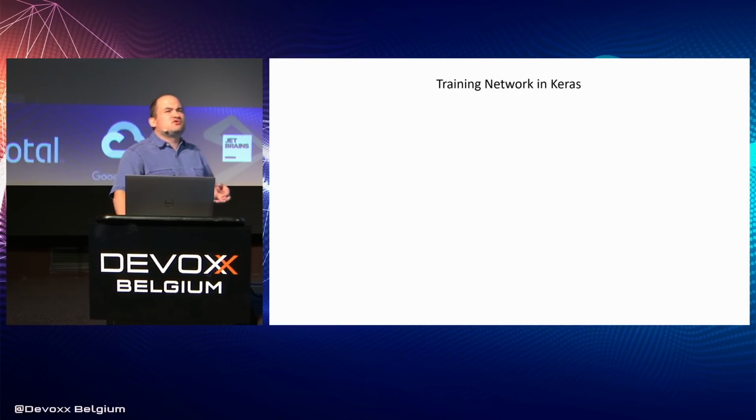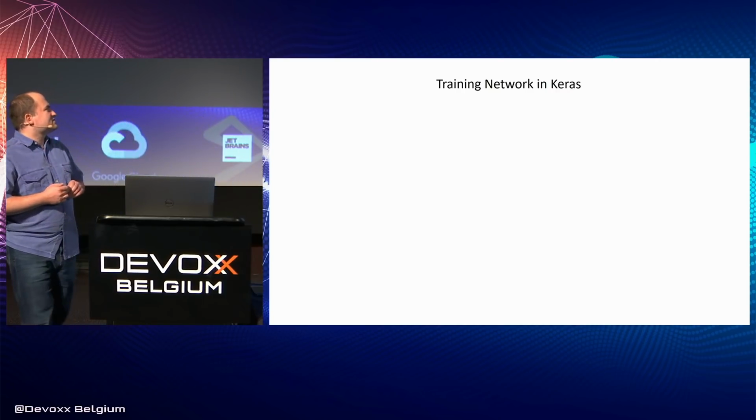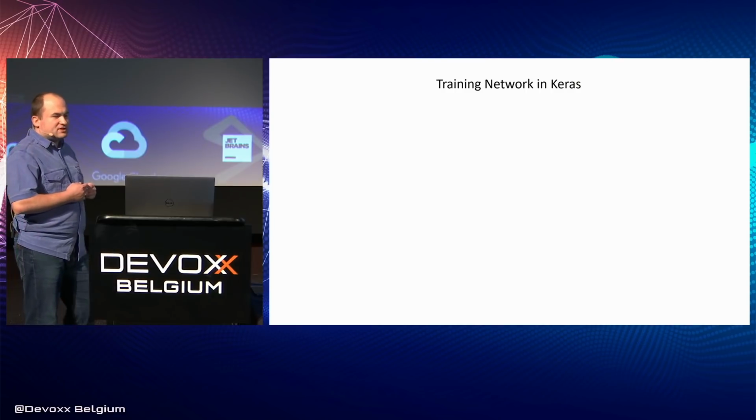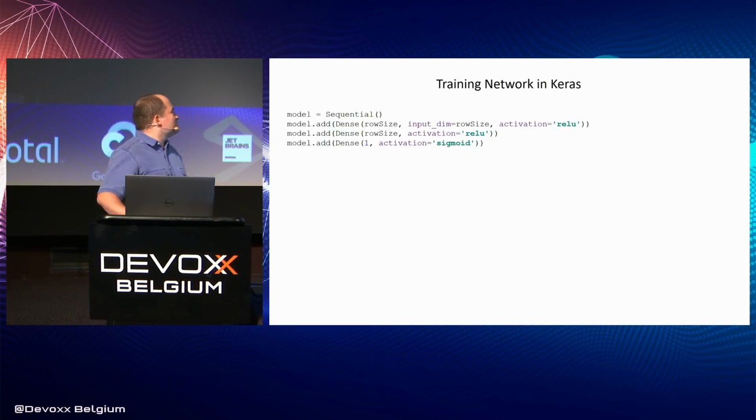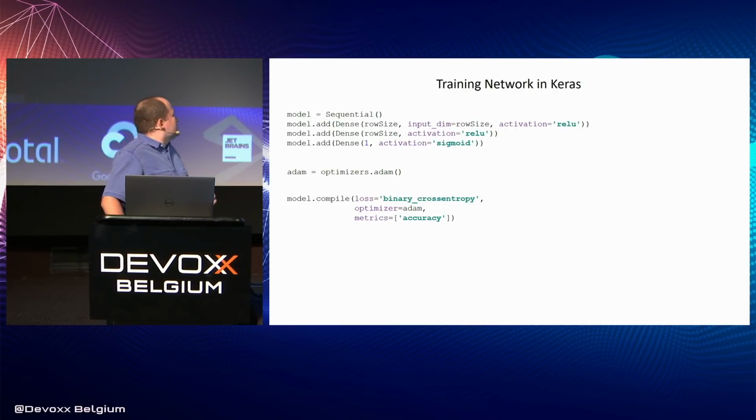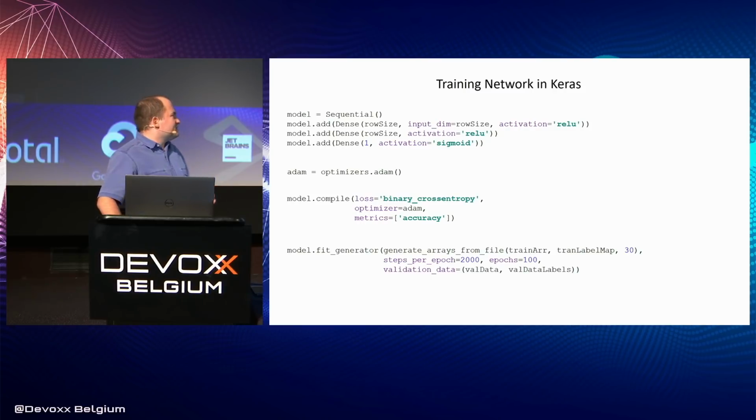We'll use the Keras framework. If you have a few minutes to play with machine learning, I think it is the easiest framework that exists. It is, in fact, a wrapper over Tensorflow. But to prepare a network, you just need a few lines of code. You just define the sequential model, add a few layers. You set the optimizer Adam, which is the most popular optimizer used for neural networks. You compile the network and train the model.